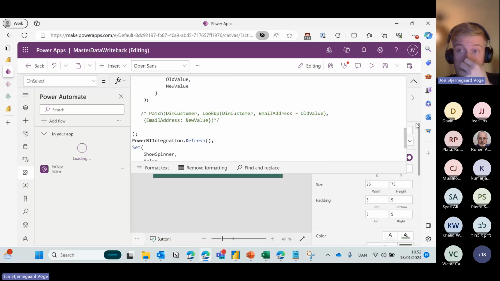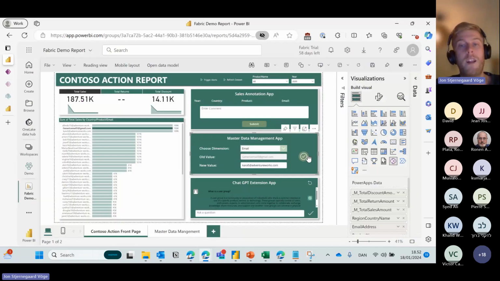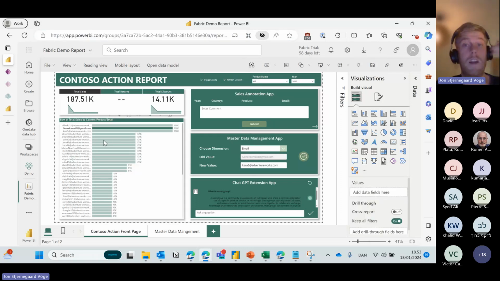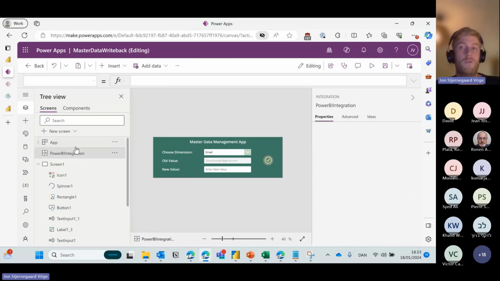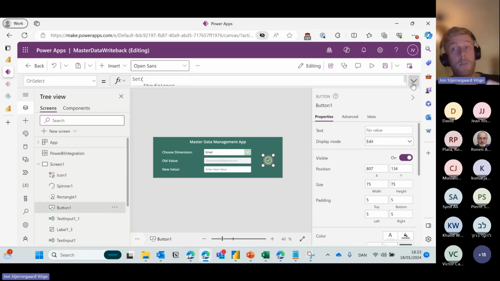But that's all there is to it, except I'm actually forgetting the most important thing, which is, well, the idea here is that when we click this button, we want to not only patch this information to the data source, we also want the data to show up right away in our report. And for that to happen in Power BI, it actually requires a visual refresh of the report, not a full website refresh, but only a visual refresh of the visualizations themselves, as long as we are working with direct query or direct link. And we're lucky enough that the Power BI integration element here that we use to reference data points in Power BI can also be used to send a request to Power BI saying, please perform a visual